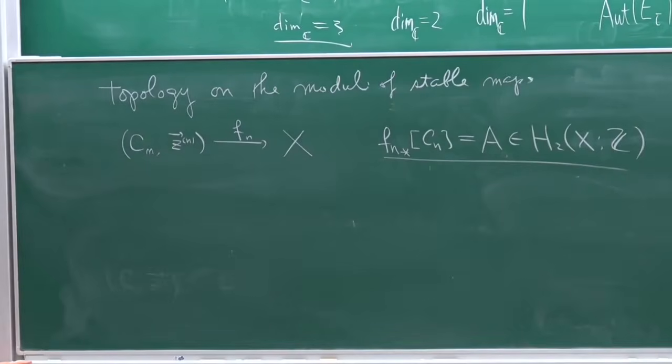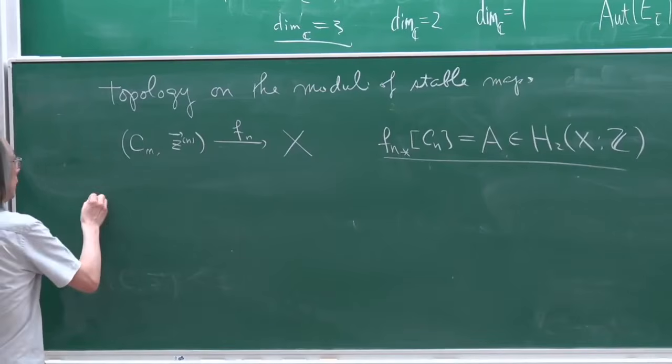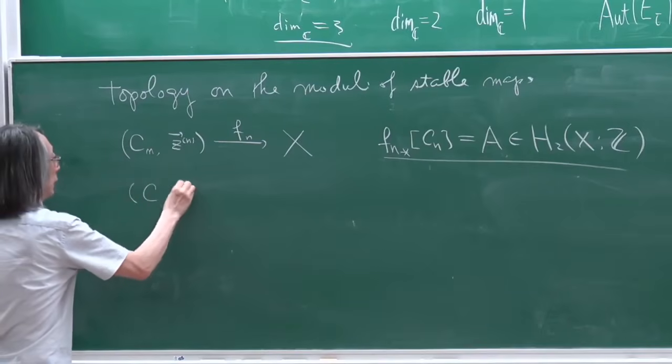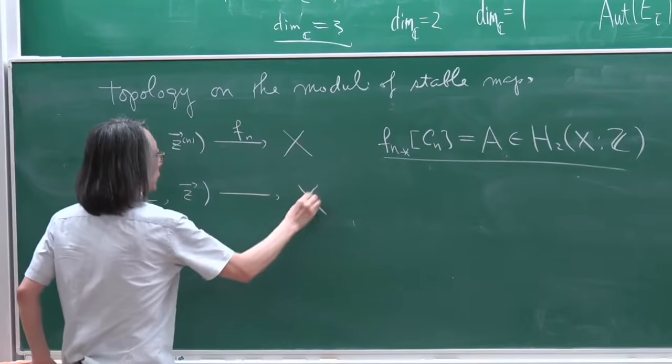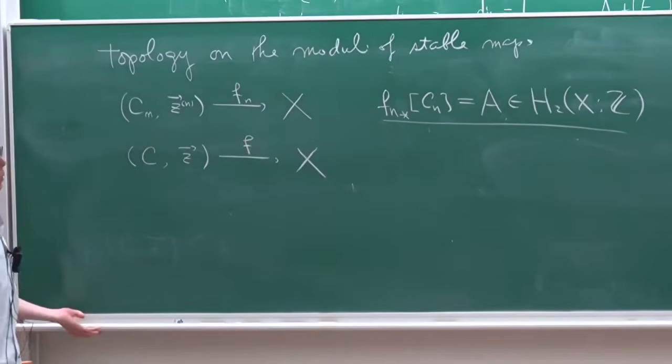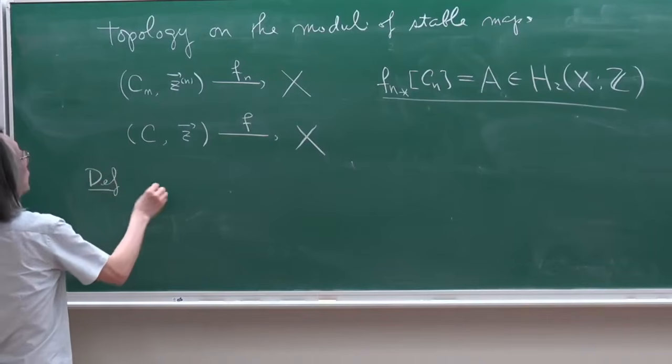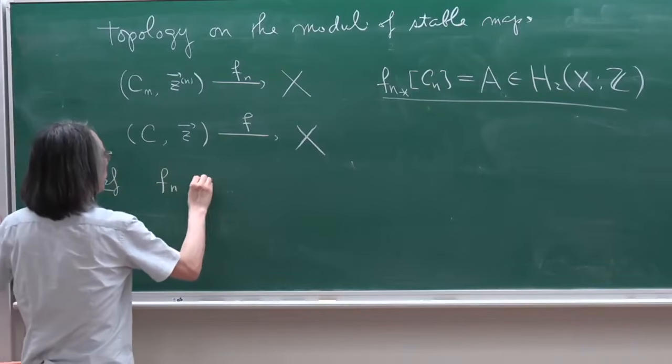Maybe it's not enough, but maybe you can do this. And also I have another one, like a C and Z to X. So I have these two things. So with the definition, this Fn converges to F